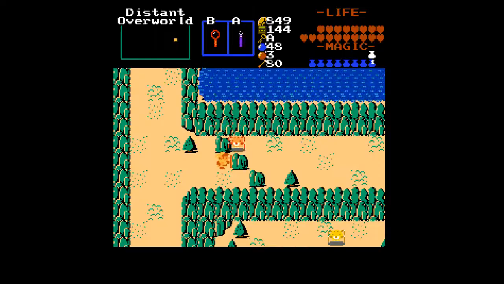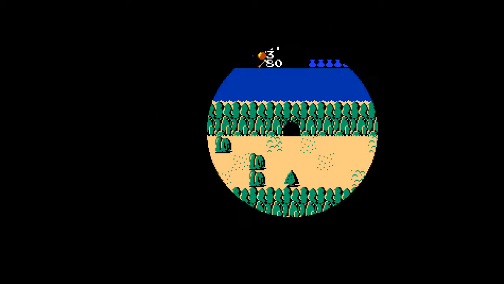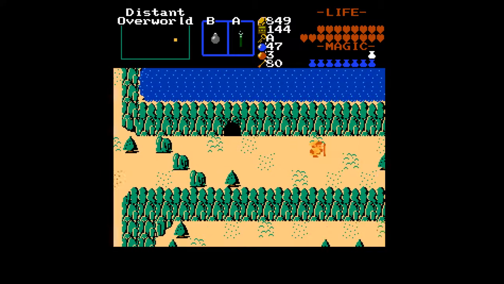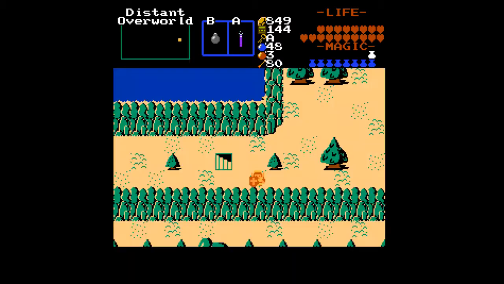So you see, you could bomb here. And yeah, it's more money, but still, you don't want to miss, if you do need to buy stuff or whatever the case may be, you want to be able to buy it. I mean, most of these Rupee secrets are kind of useless, I think, but...